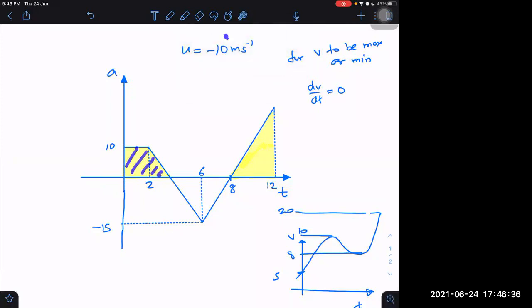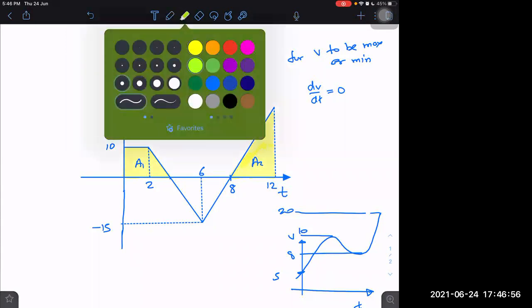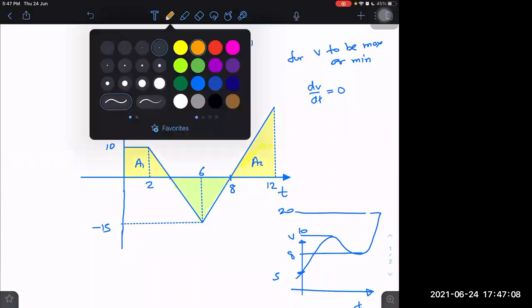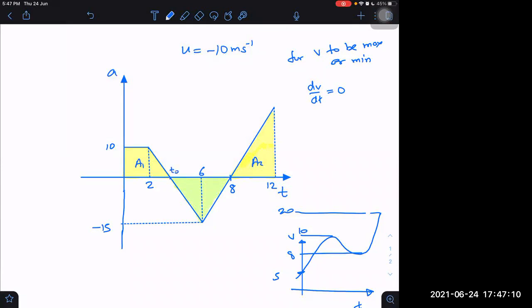This will be decreasing, right? Why? This area is positive, but the initial speed is negative, so it will contribute in the opposite direction and decrease. Okay. Let us take it as A1 and this as A2, and the lower area, the negative area, I am taking as A3. Lower one is A3, this green one. A3 is slightly tough to calculate because you have to find out the time also, where velocity becomes 0. We don't know this time. This also we have to determine.